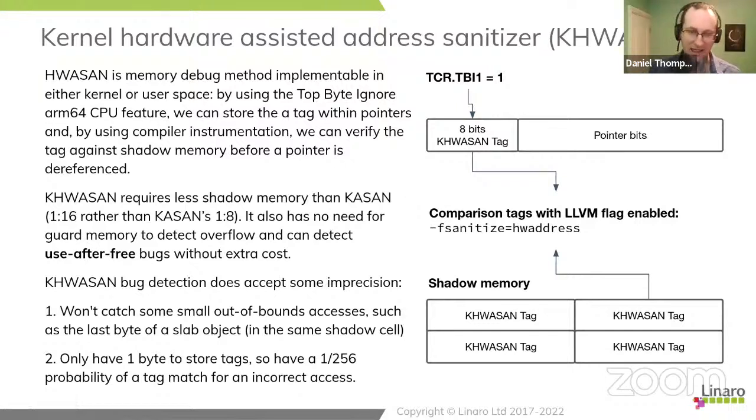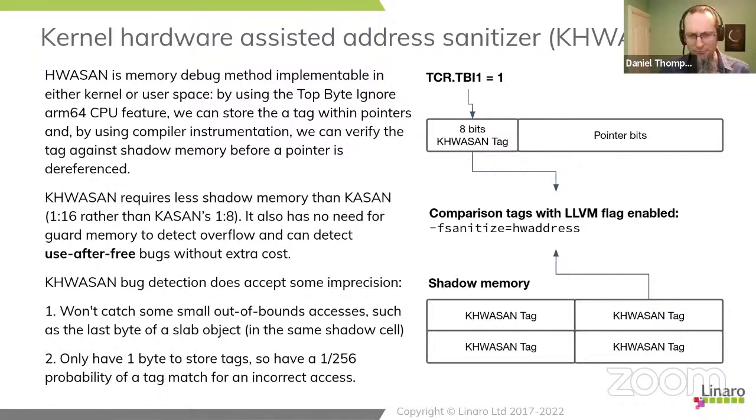And when an allocation is made, it is given essentially a random tag, which means the pointer embeds the tag. And every time we get a memory access, we go and look at a shadow data structure to find out what tag that address is supposed to have. And this is fantastic because if you overrun the buffer, then the shadow description will have a different tag at the point you overrun, with a 1 in 256 possibility of a mismatch. But generally speaking, two bordering blocks of memory that should be accessed through different pointers will have different tags. And so if you access them through the wrong pointer, i.e. you overflow, then you trigger an